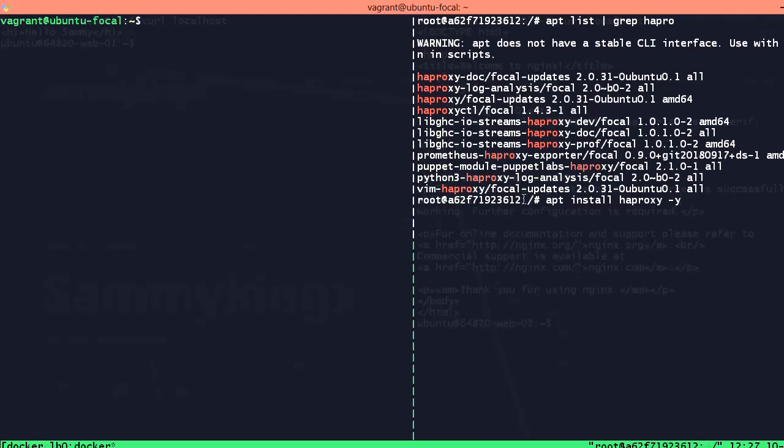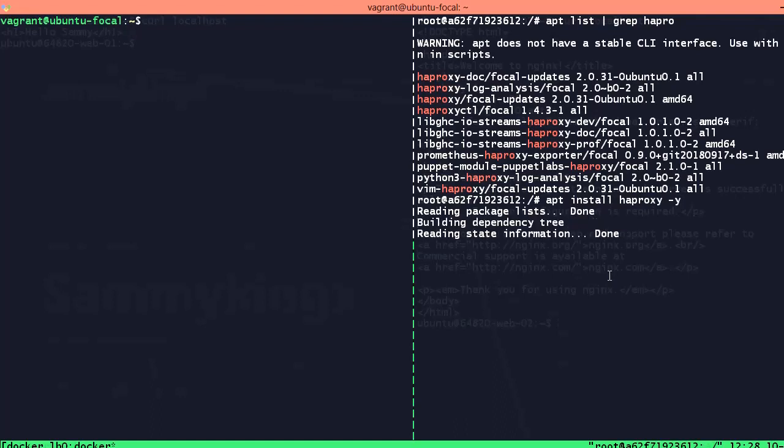But let's say you want to install a particular version. Now let's say the version here is 2.4 or 2.2, but you actually want to install 1.6. First, you want to go and check if 1.6 is compatible with your current version. The current version of my Docker container here is Ubuntu 20.04, but on my workstation here it is Ubuntu 22.04. All right, so I'm just going to run this